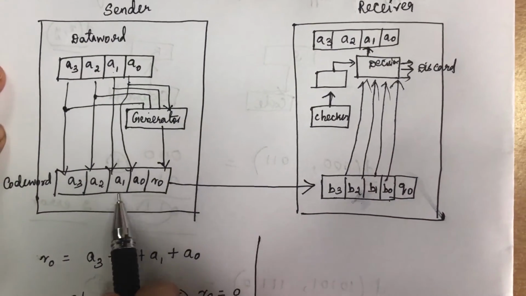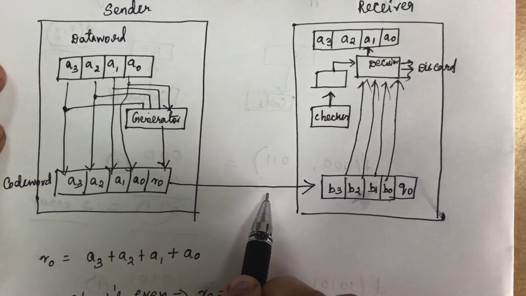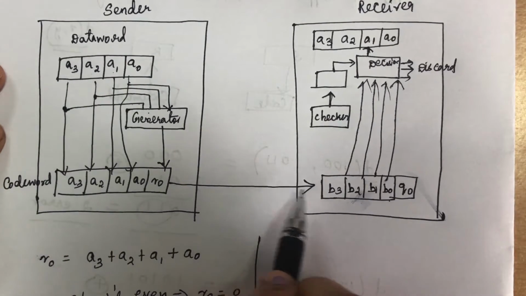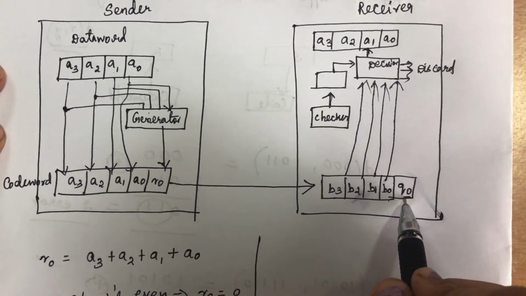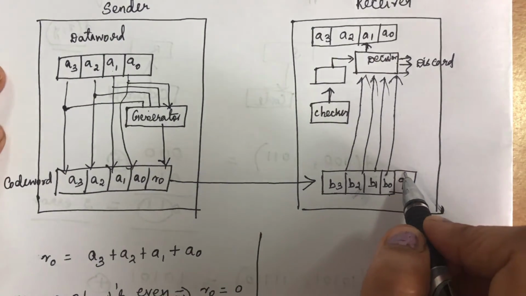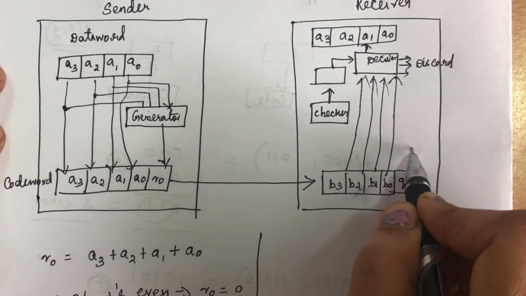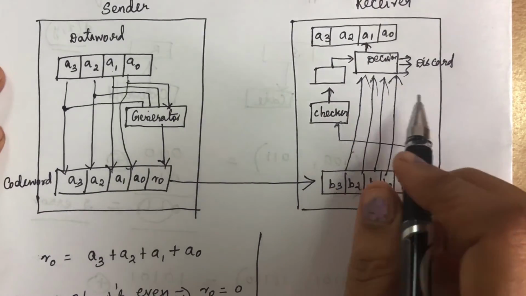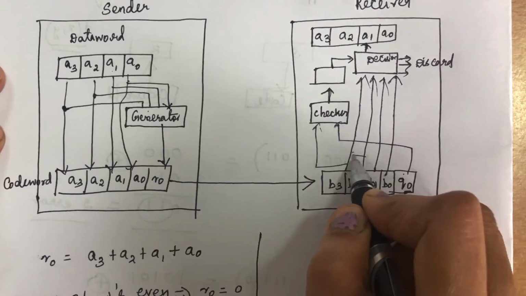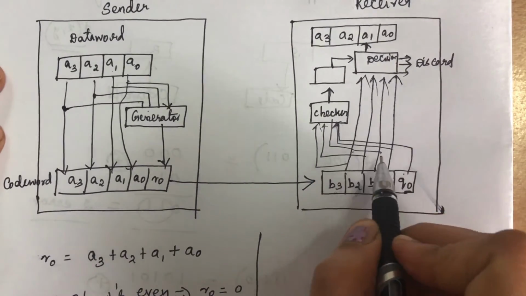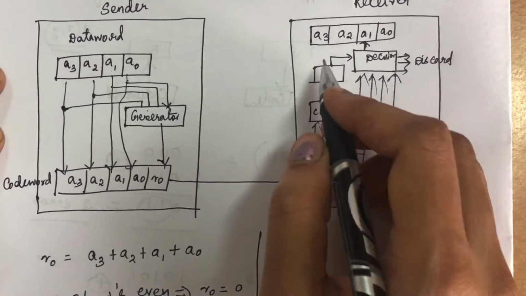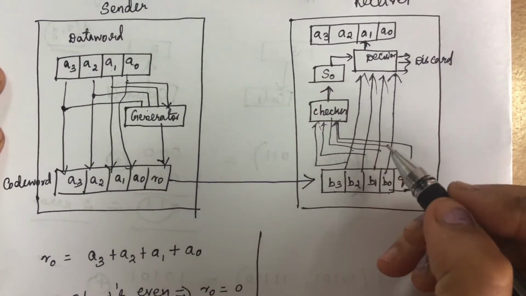Why I am giving different variables over here is that during transmission there may be errors. So for that purpose, we have given a different variable over here, and this is the redundancy parity bit that is called Q0. So we will give all the bits to the checker here also, so the checker will